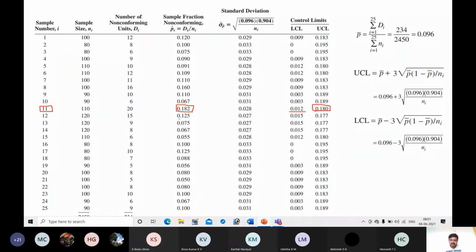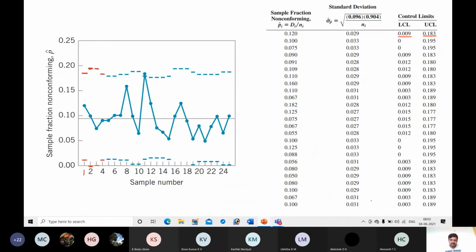So you have to consider individual control limits. These control limits are applicable only for sample number 11. For sample number 10, these control limits are applicable. For 7, these are applicable, and you are evaluating whether sample number 7 is out of control or not by considering these control limits. So that is the approach. Compared to the previous control chart, constructing and even evaluating this is complicated. It will result in a lot of confusion.